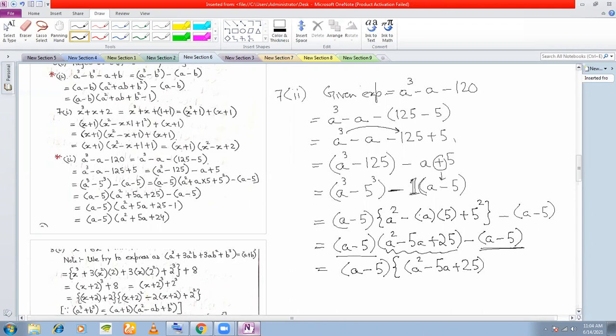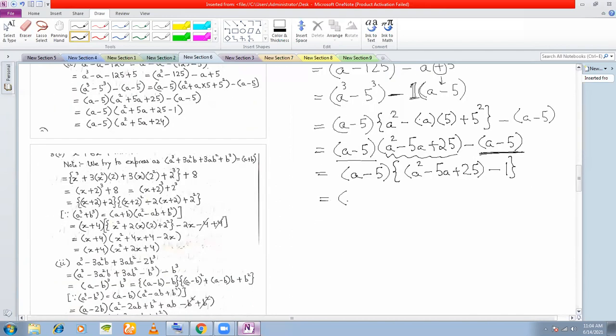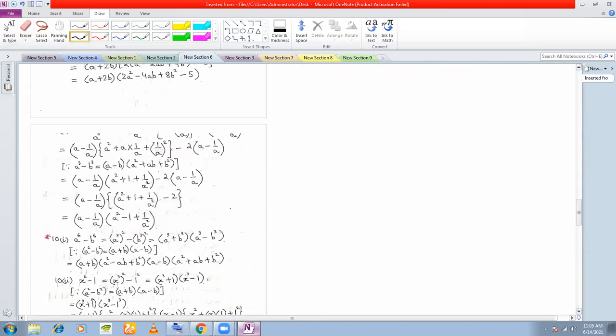And from a minus 5, I'm taking out a minus 5, I'm only left with a 1, which is a minus 5 into a square minus 5a plus 25 minus 1, which is a minus 5 into a square minus 5a plus 24. And that is your answer. Okay. So this was a special kind of a problem. Moving on to the next type,